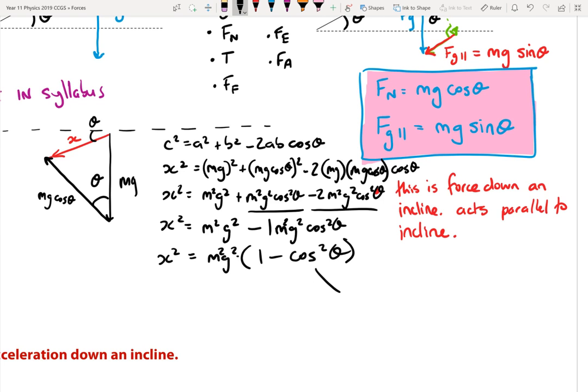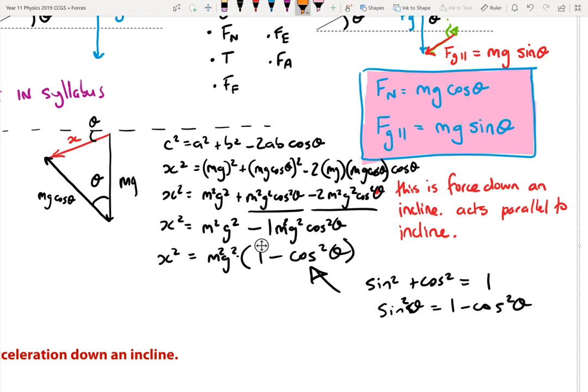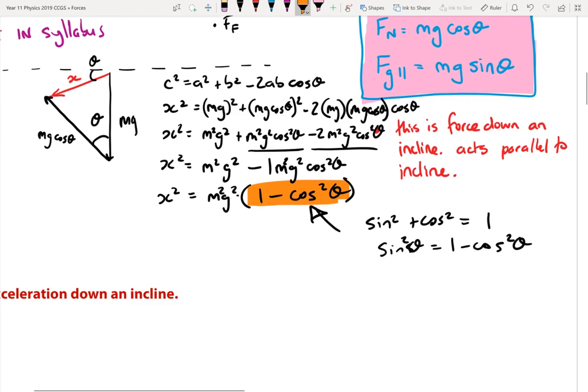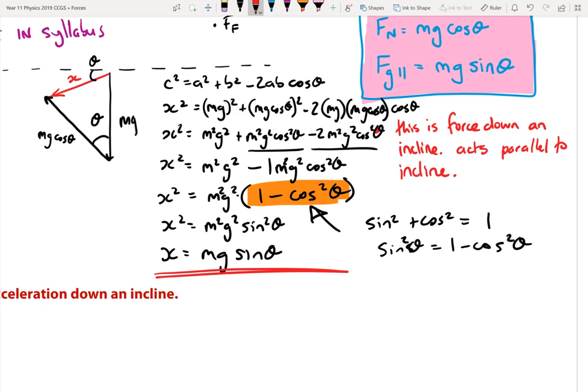Bingo, bango, trig identity. There we go. Someone's whispering it. You didn't know. Sine squared theta equals 1 minus cos squared theta. Boom. This bad boy here is sine squared theta. Look what comes out. M squared g squared sine squared theta is x squared. So x equals mg sine theta. Look at that. That's lovely. So we just showed